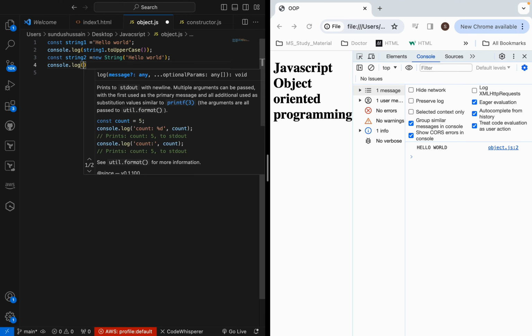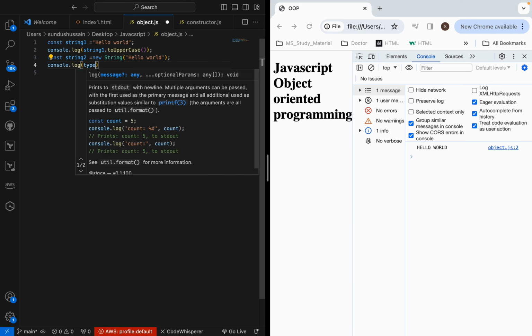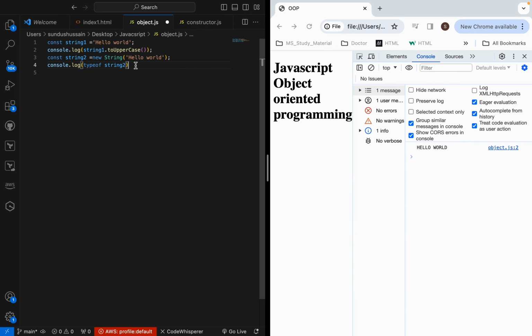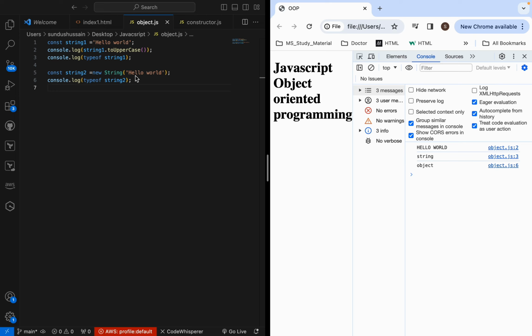Compare the type of both string2 and string1. Let's check the type of both string1 and string2. Yeah, so the type of the first is string only and the other one is an object. Although this is a primitive and this is an object,